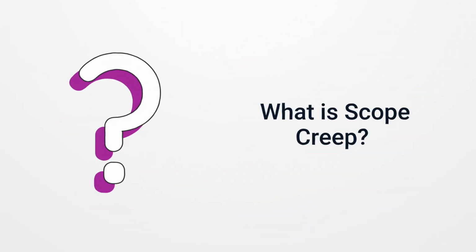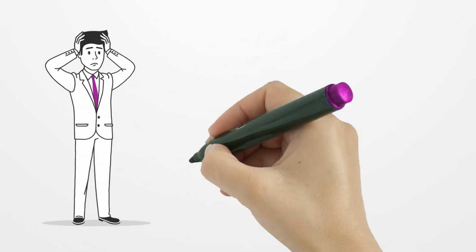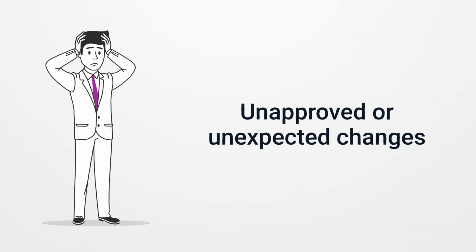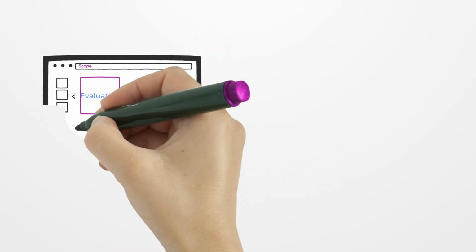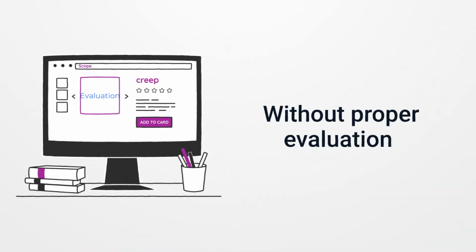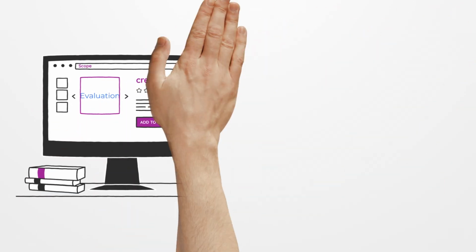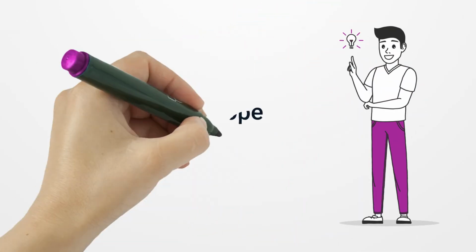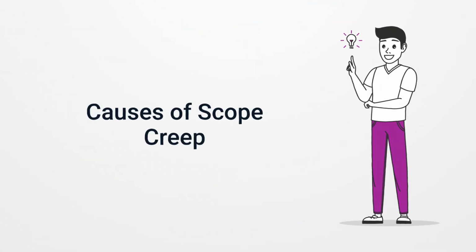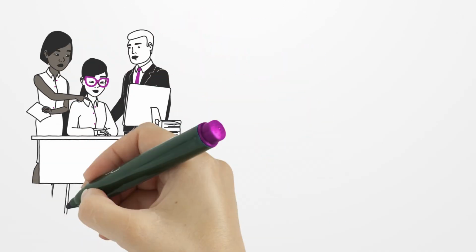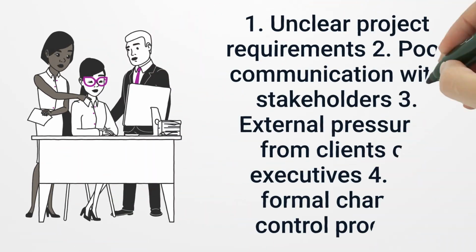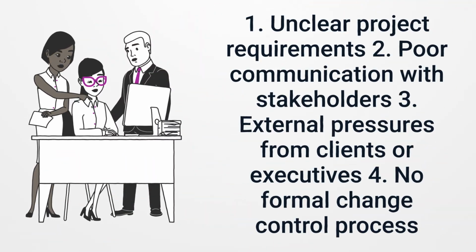What is scope creep? Scope creep happens when unapproved or unexpected changes expand the project scope beyond the original plan. This usually occurs when additional features or requirements are added without proper evaluation. Causes of scope creep: unclear project requirements, poor communication with stakeholders, external pressures from clients or executives, no formal change